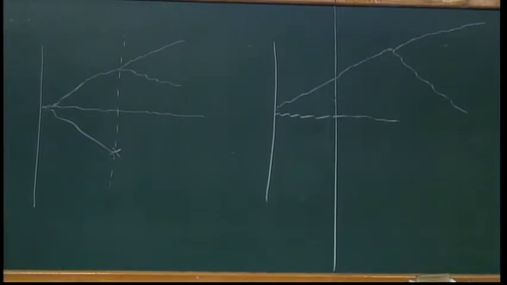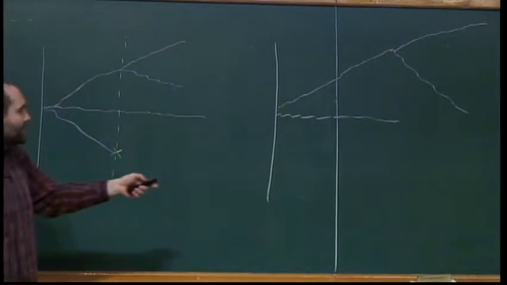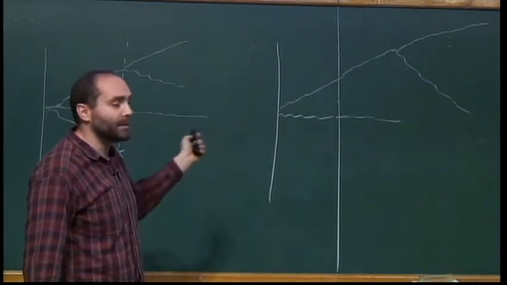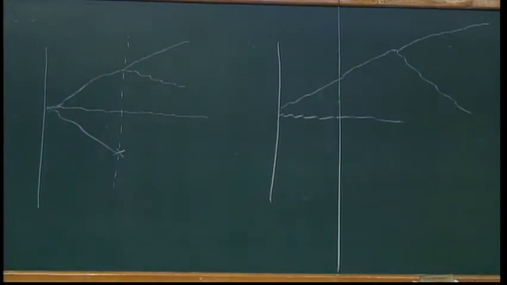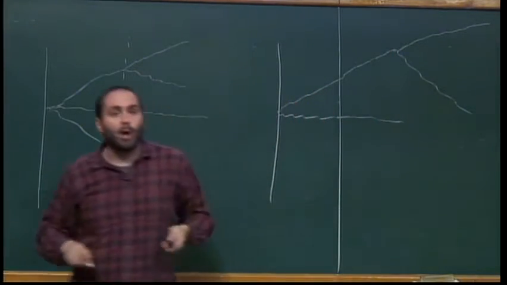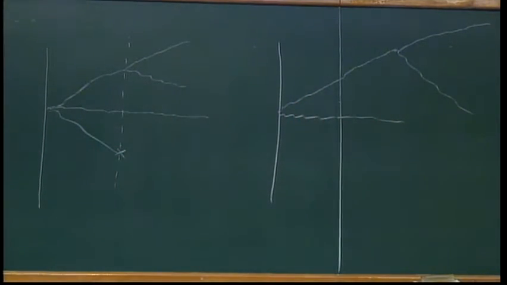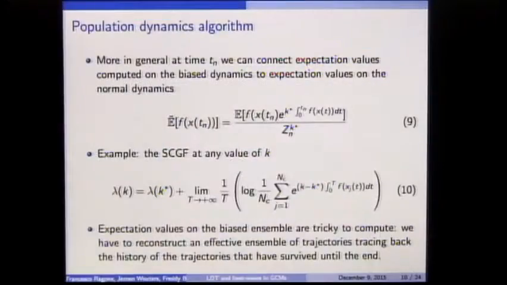Note that, and this is something that Takaya was referring to, maybe like this it is a bit more clear, you have the problem that a lot of trajectories, in particular where k is very large, will have large parts of their past histories identical. You see, these 2 trajectories from here to here are the same. So in particular for large values of k star, you need a very large ensemble, because even with the reduction of the effective number of trajectories, you still have a decent number of trajectories to compute expectation values as ensemble averages. So it's a bit tricky, but this is more or less the way it works.